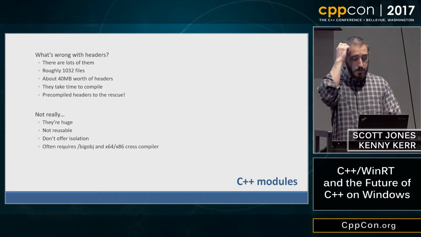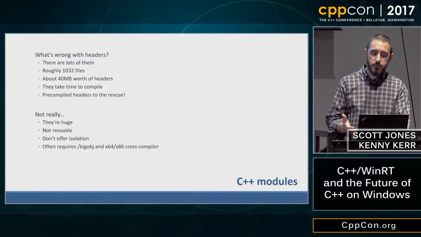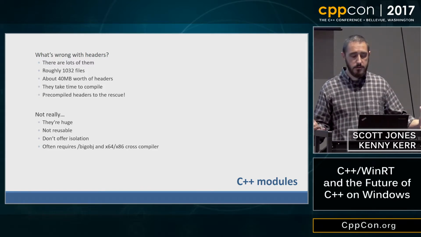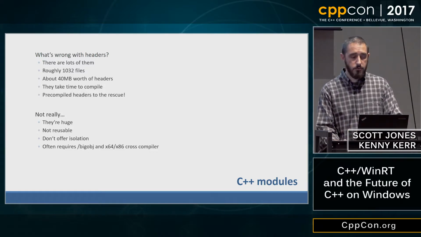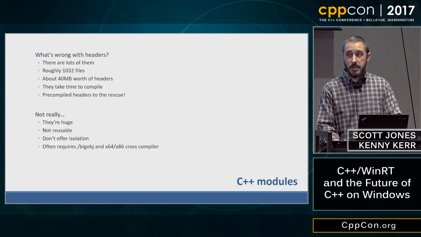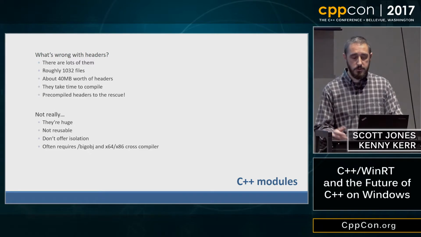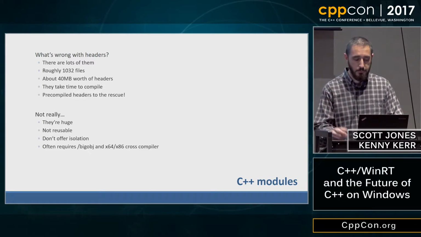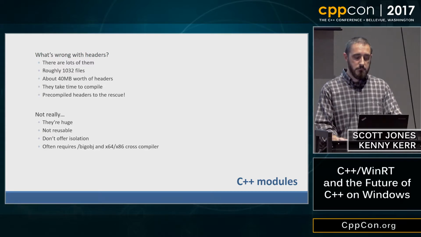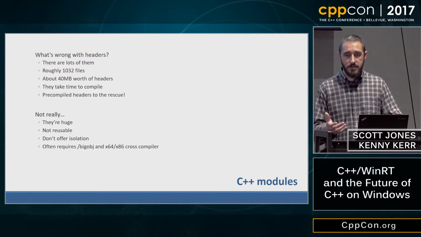And finally, 40 megs of headers, big compile time, all of that memory layout, that's going to hurt your machine. You're going to often have to use the big object flag with Visual C++. In many cases, Clang won't even compile our headers. If I include every single header that we have, the Clang compiler will not compile it. It runs out of memory. And Visual C++ handles it. They know me well now, but